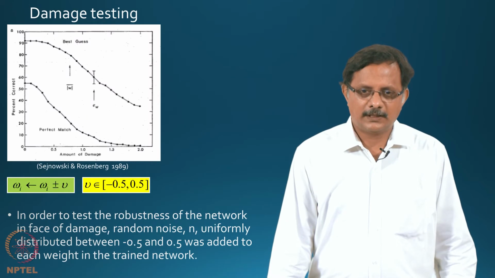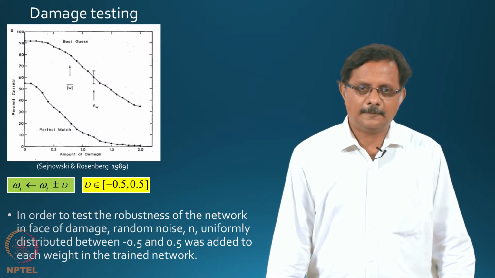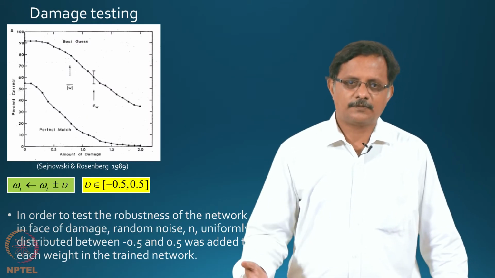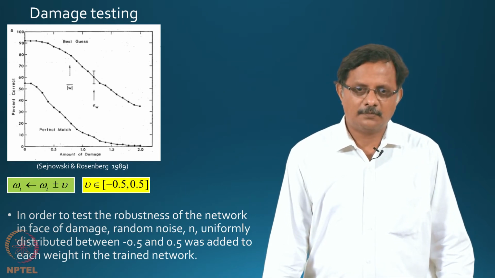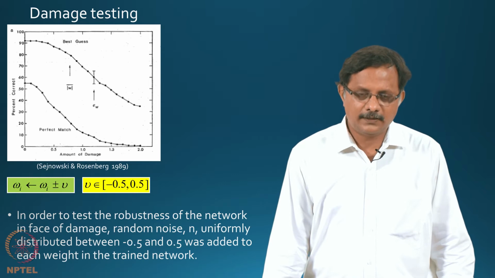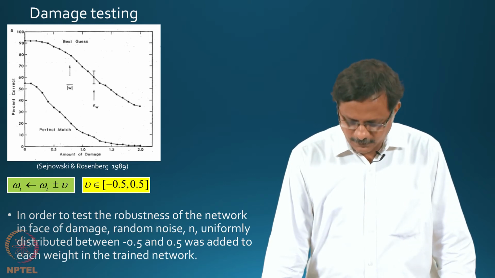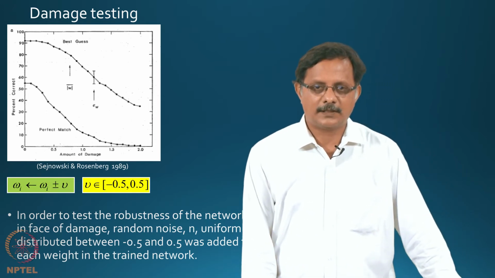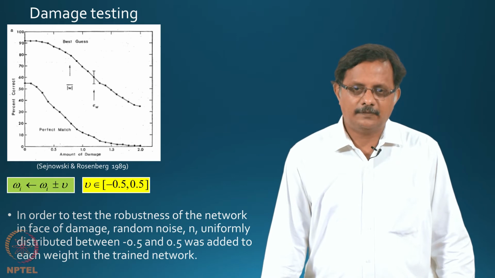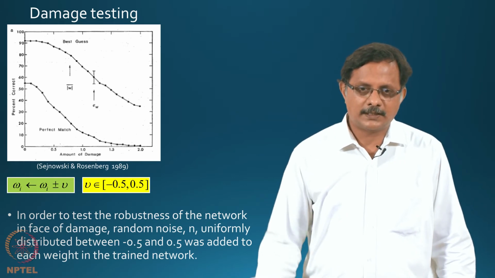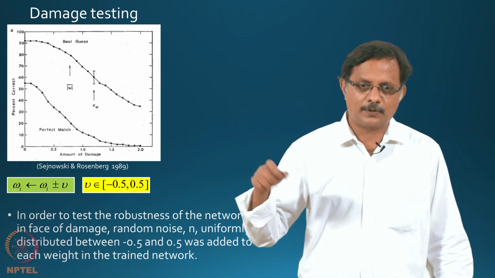Now, the researchers also studied what happens when you damage the network. This was done by adding noise to the weights. There are two curves in this graph. The top one is what is called the best case, and the bottom one is called the perfect match. Basically, when the network produces output, this is a 26 dimensional output which corresponds to the